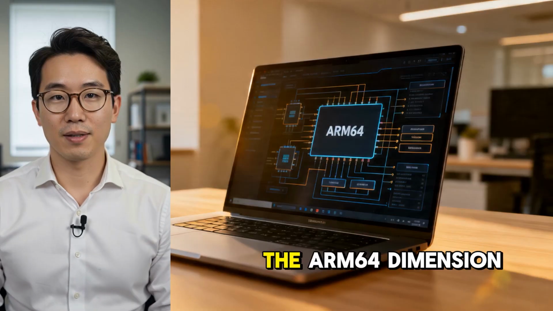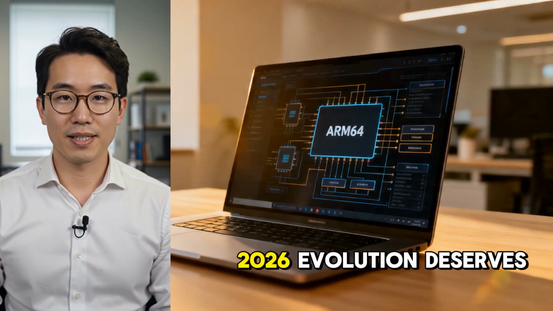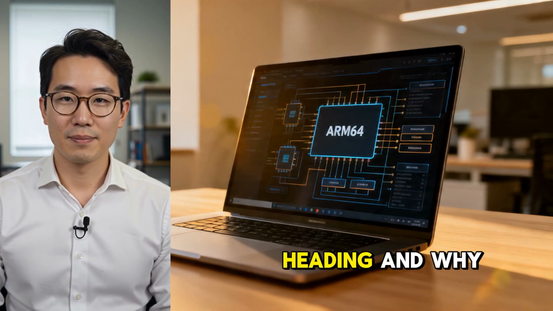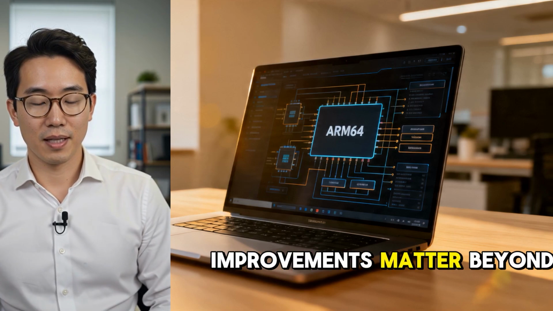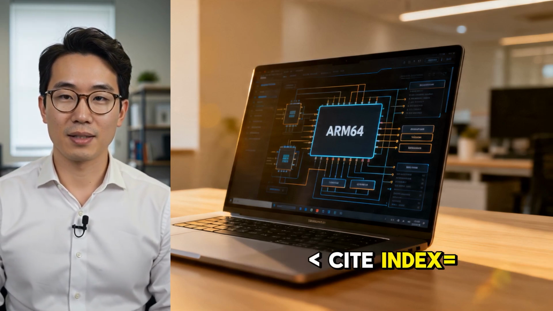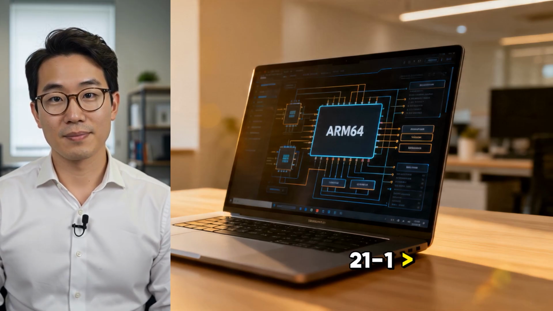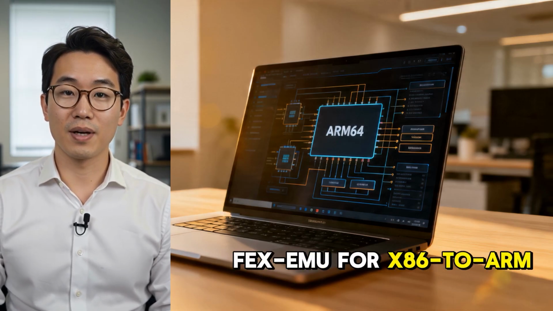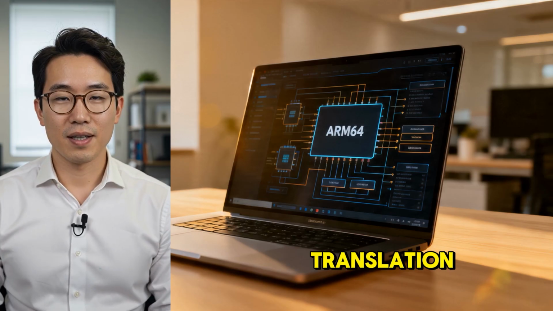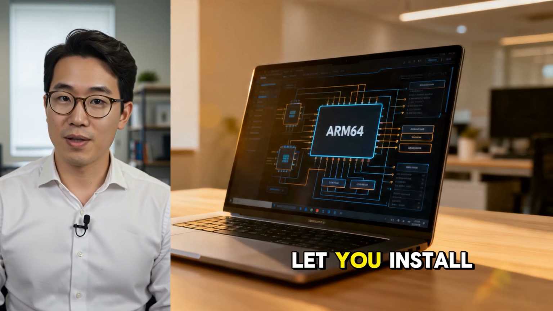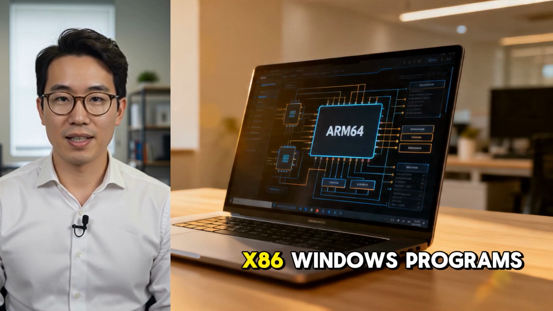The ARM64 dimension of Wine's 2026 evolution deserves attention because it points toward where computing hardware is heading, and why Wine's ARM64 improvements matter beyond the current installed base of ARM Linux systems. On ARM64 Linux, Wine can use FEX-Emu for x86 to ARM translation. A separate project called Hangover combines Wine and FEX-Emu into one to let you install and run x86 Windows programs